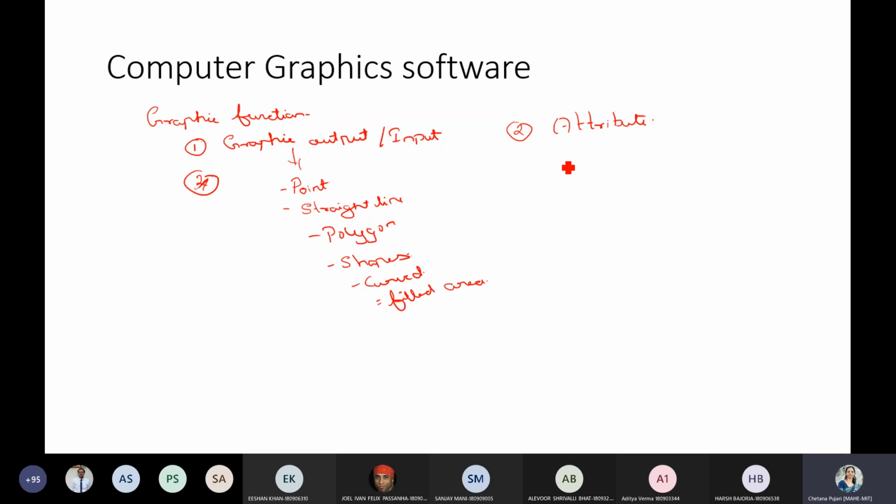Is it bold, or thin, or dotted? Like that, you can specify a style. And if it is a shape, you can specify the orientation, or the size. You can increase or decrease the size of your cube and position your cube at different locations. All those things define the properties of whatever object you have used.